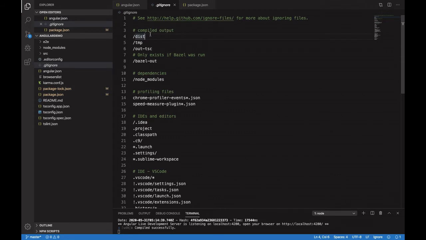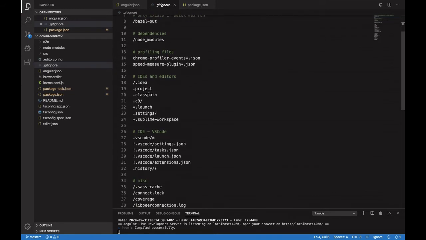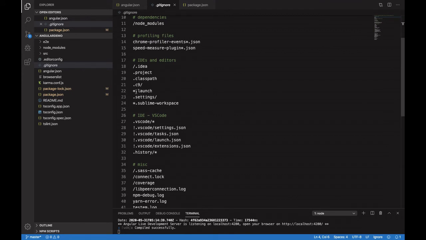As you already know, the dist folder gets generated whenever you build an application. I don't want to check in this particular folder into GitHub, so I have to write /dist. Similarly, there is this star, which stands for the wildcard match. It is a wildcard character.